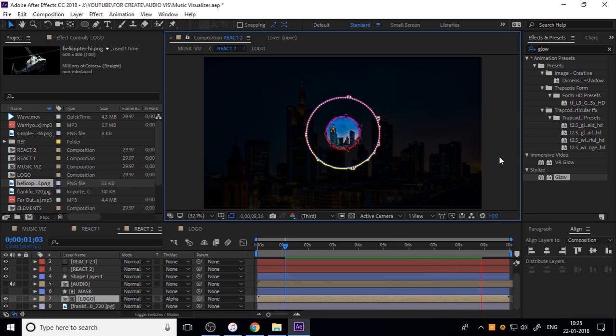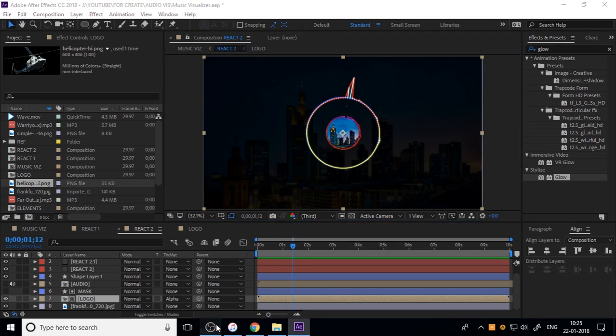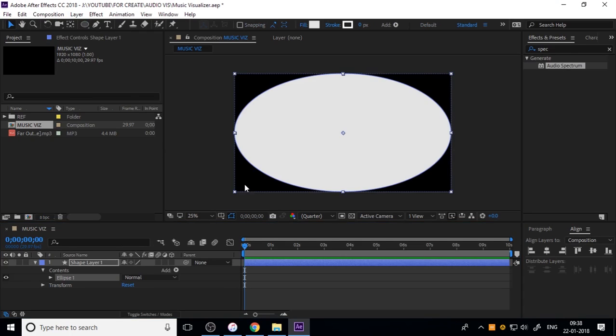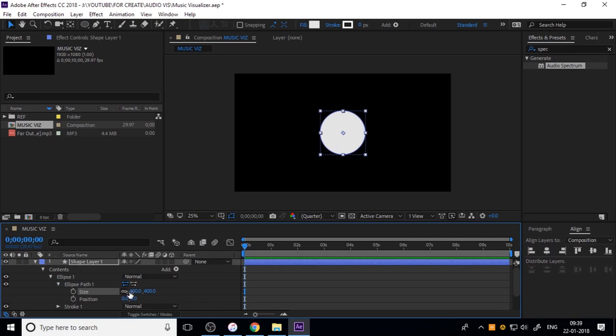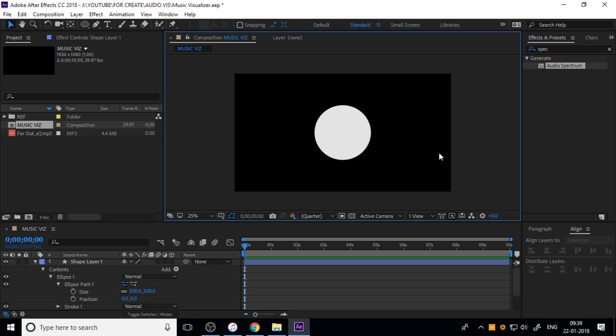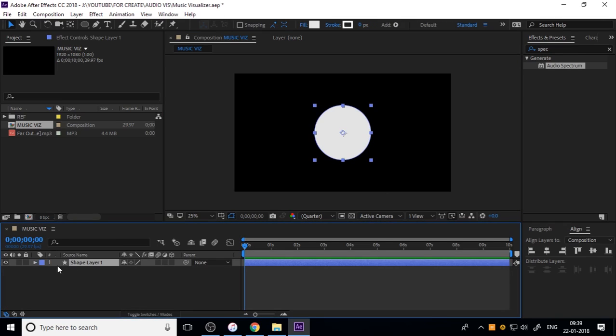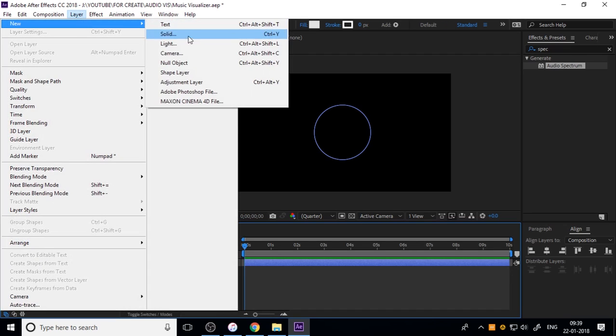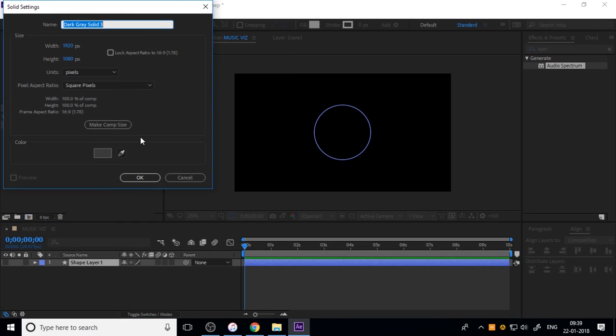Now you can create an advanced style music visualization like Iron Man or anything. So the entire basics are the same, and you need to create a new solid and apply the audio visualizer. So everything is the same. First we need to create a circle, and convert to Bezier by right clicking on it, and you just copy the shape and create a new solid